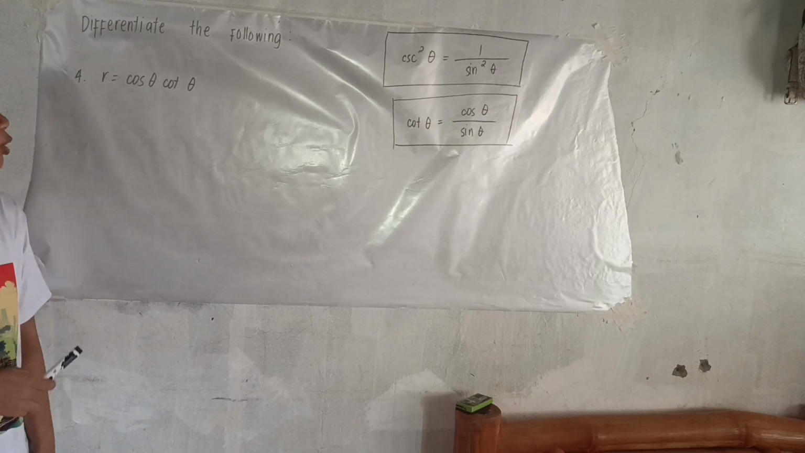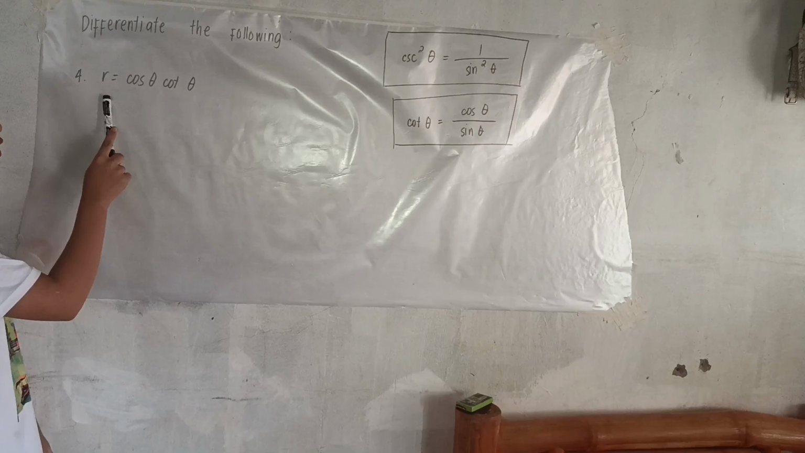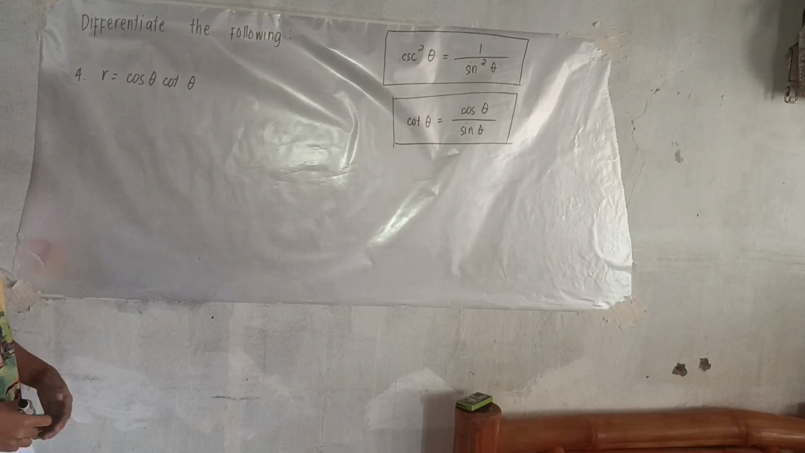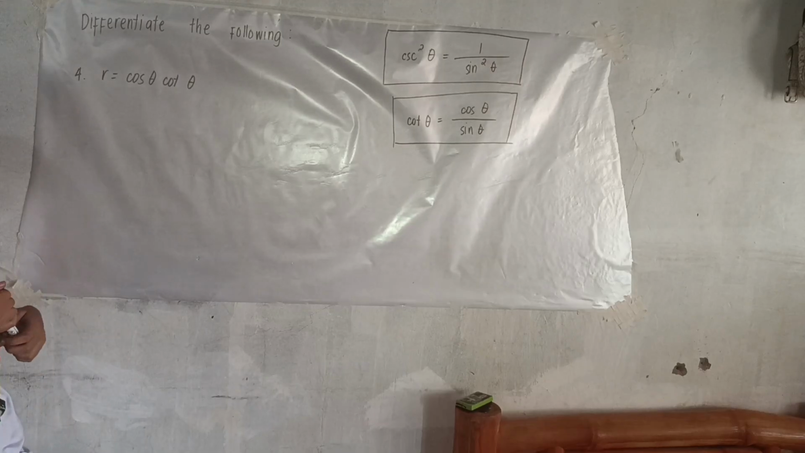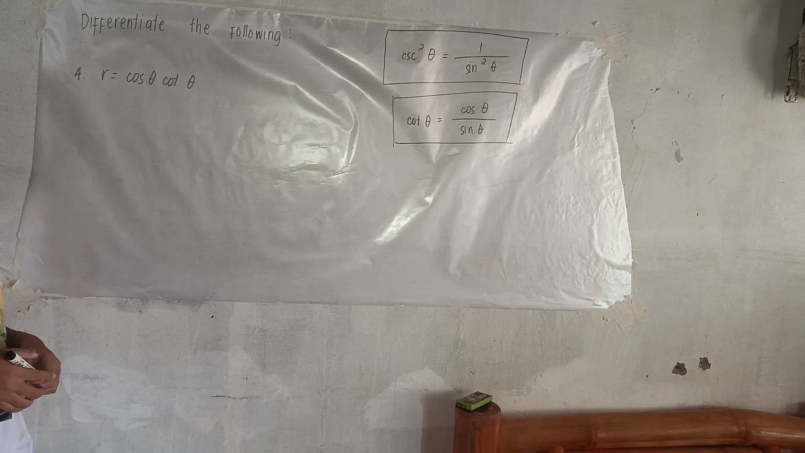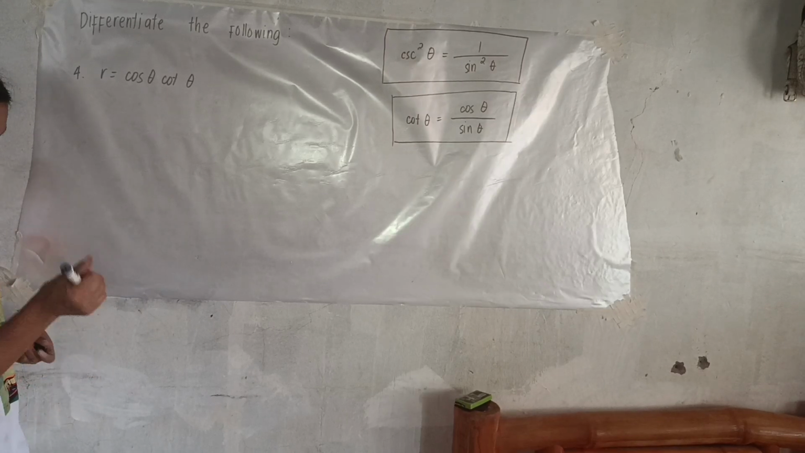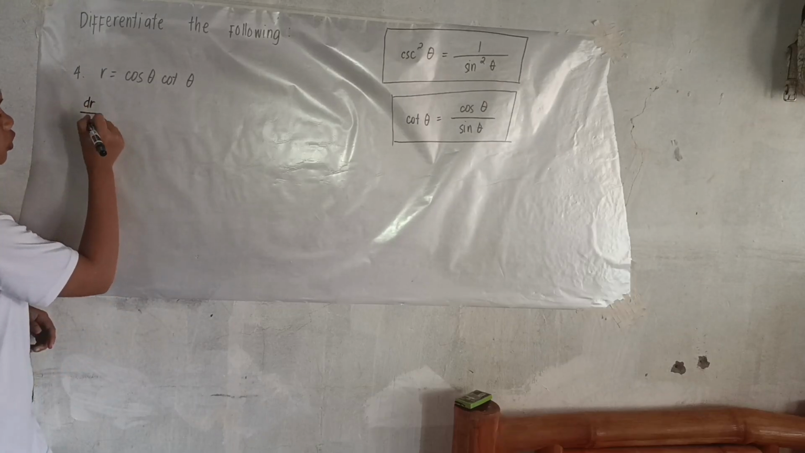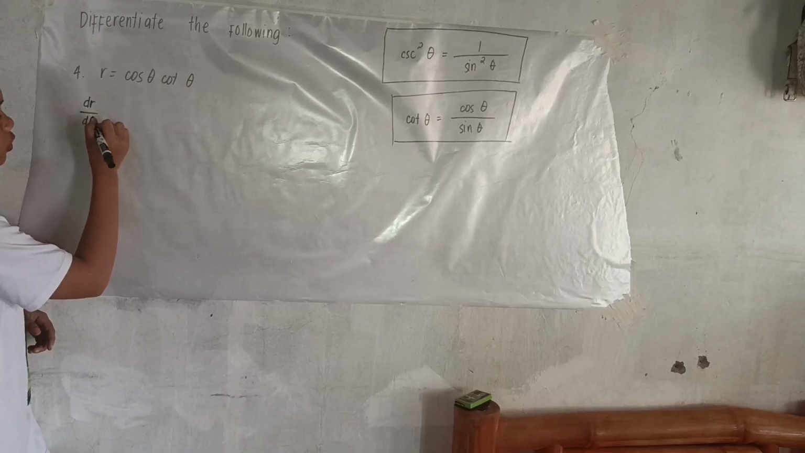So, that is number 4. We have the function r is equal to cosine theta or cotangent theta. To get the first derivative, we need to apply the product rule. Applying the product rule and getting the first derivative, dr over d theta,